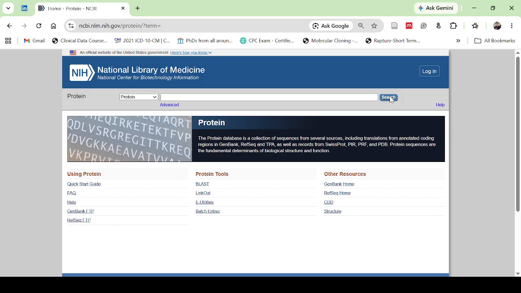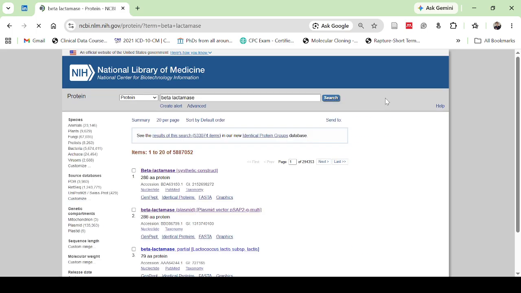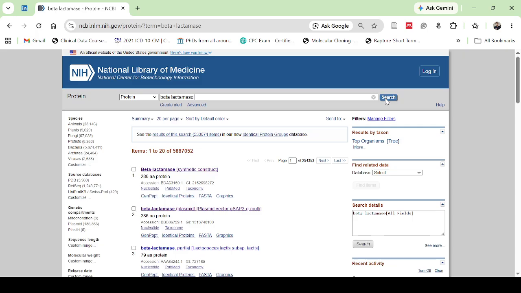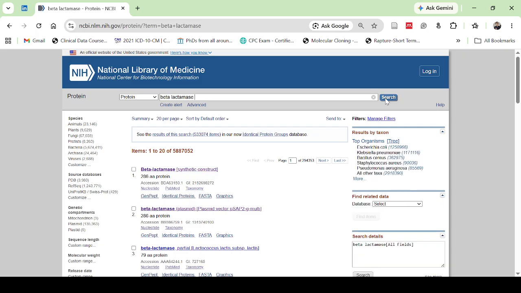Now let's search for a well-known protein. I will search for beta-lactamase and click on search. Immediately NCBI returns thousands of protein records, and each record represents a protein sequence submitted or